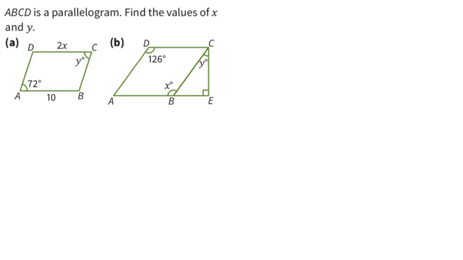We are given that ABCD is a parallelogram, and hence we are going to find the values of x and y respectively. So let's focus on part A first. So for part A,